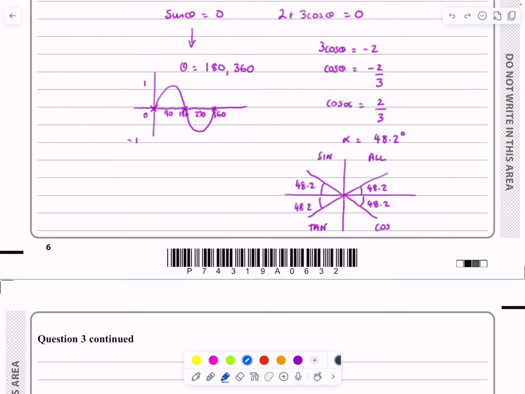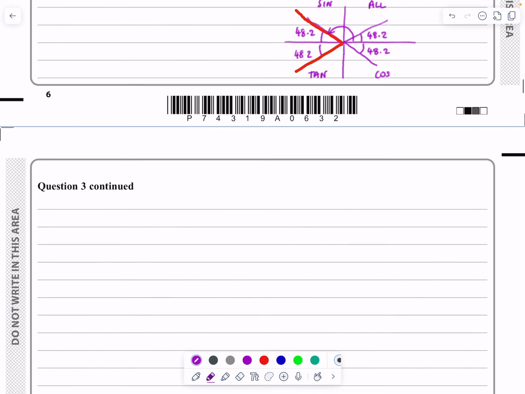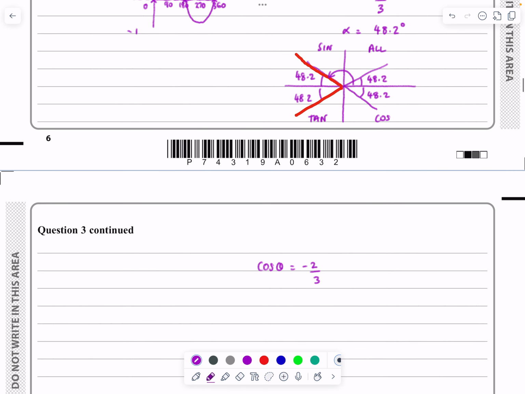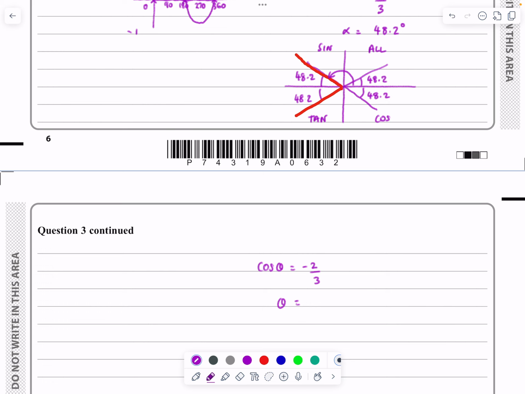Right, well, what do I want? I actually want cos to be negative. Trying to solve this thing up here. So if cos is going to be negative, what that then means is in that quadrant there, cos is negative, and in that quadrant there, cos is negative. So those are my 2 possibilities for my answers. My answers are going to be whatever that angle there is. So sorry, let's just come down here and solving. We're solving cos theta equals minus 2/3. So if I'm solving cos theta equals minus 2/3, I'm going to get, as I just said,